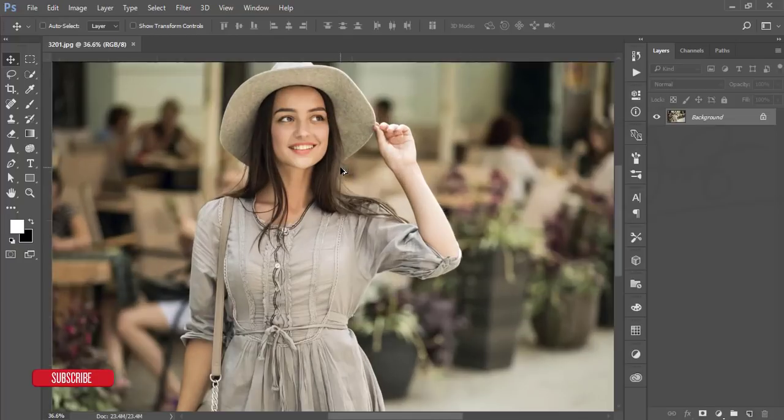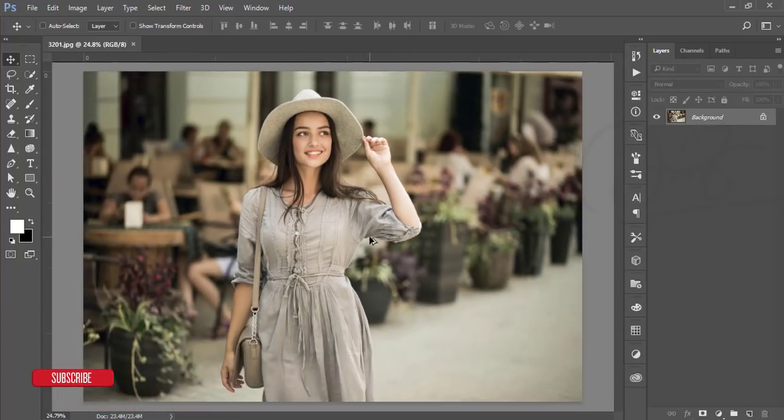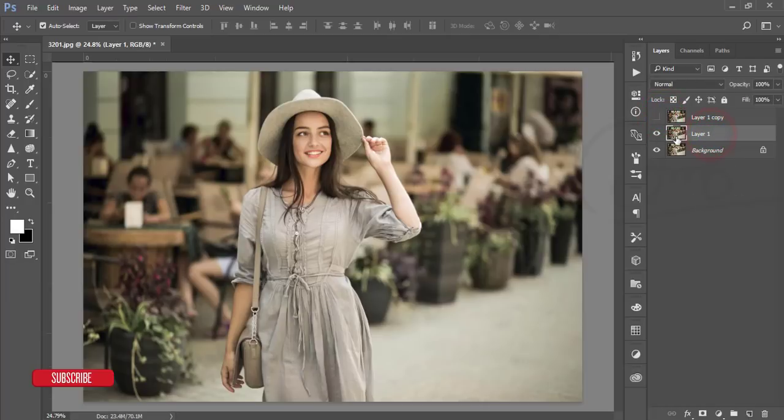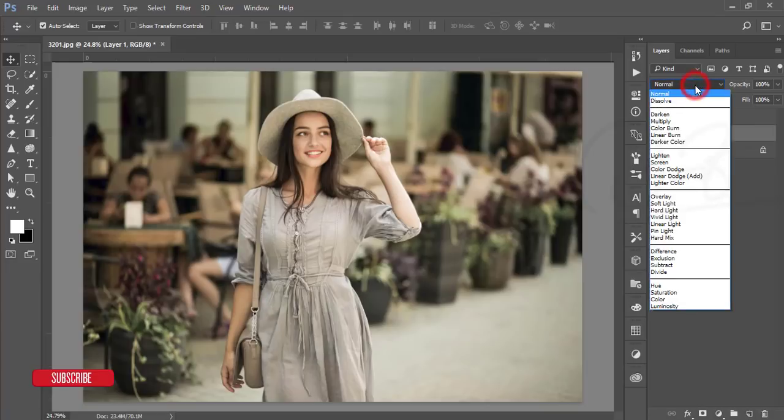Okay, this photo is flat, that's why I will apply at first the dodge and burn technique, then I will do color correction and give some effect or filter over there. Okay, let's start. Make a copy by pressing Ctrl J, and after that just make another copy by pressing Ctrl J, or turn off this one and just select this layer 1, and go to the blending mode, the skin mode,